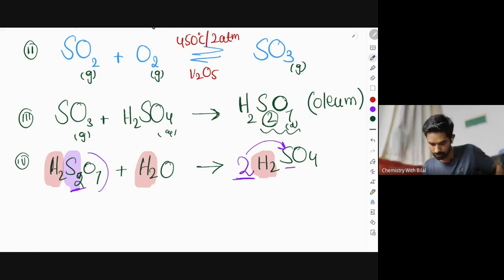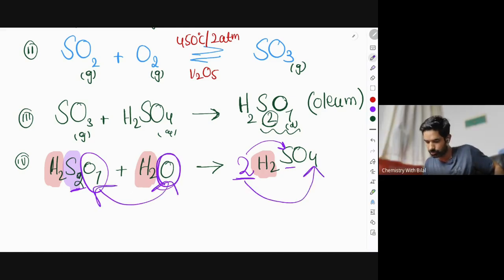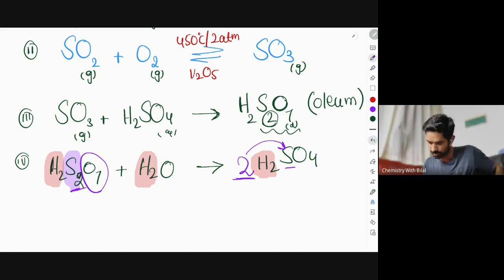How many oxygens do we have on the left side? कितने oxygens हैं? 8. यहाँ पे देखो पहले से 8 हो चुके हैं. Make sense, everyone? Say yes. Excellent. Yes. I want everyone to give yourself 1 minute